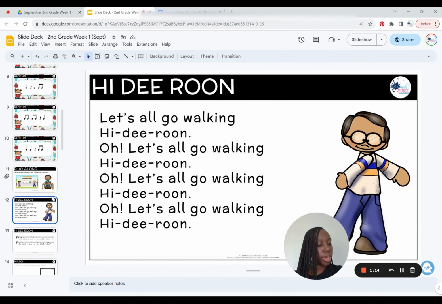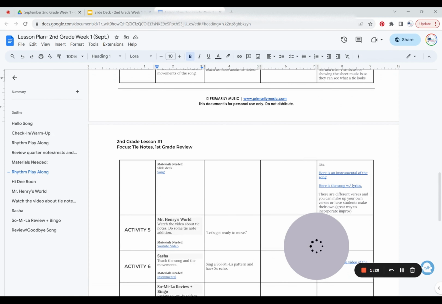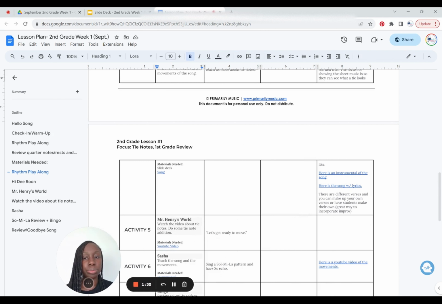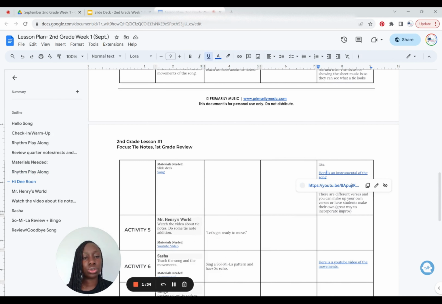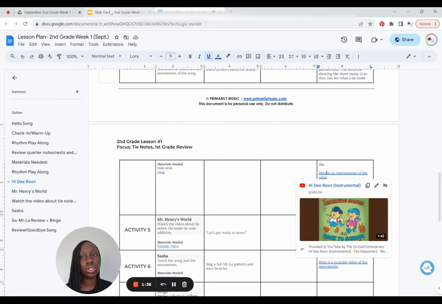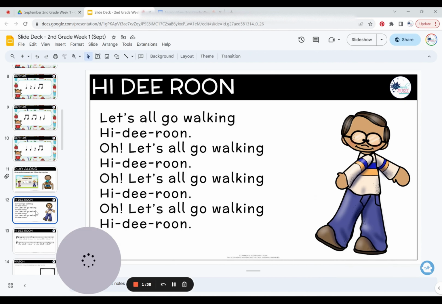Right after that, the song is Hey Ho, Let's Go. And so you'll teach this song. Let's all go walking. And on the lesson plan, I do have a link to the song in case you don't know it and you need to learn it.